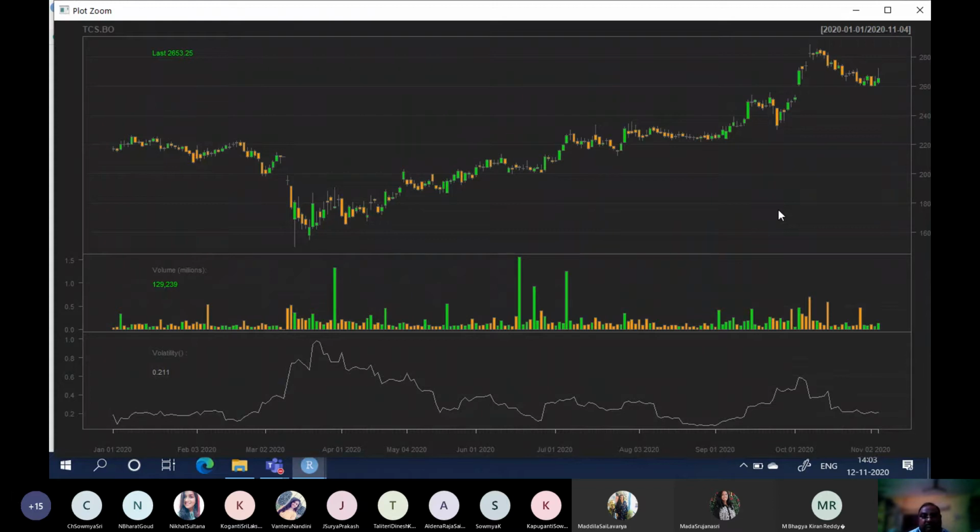So there is some movement in the price of Tata Consultancy Services. There are price movements over a longer period of time, but there was not much of a movement. Now there was an up. Now it is on a downward movement, but it is stagnating. See here, it consolidates the downward movement in the stock. So volatility is there in TCS, which is around 0.211.